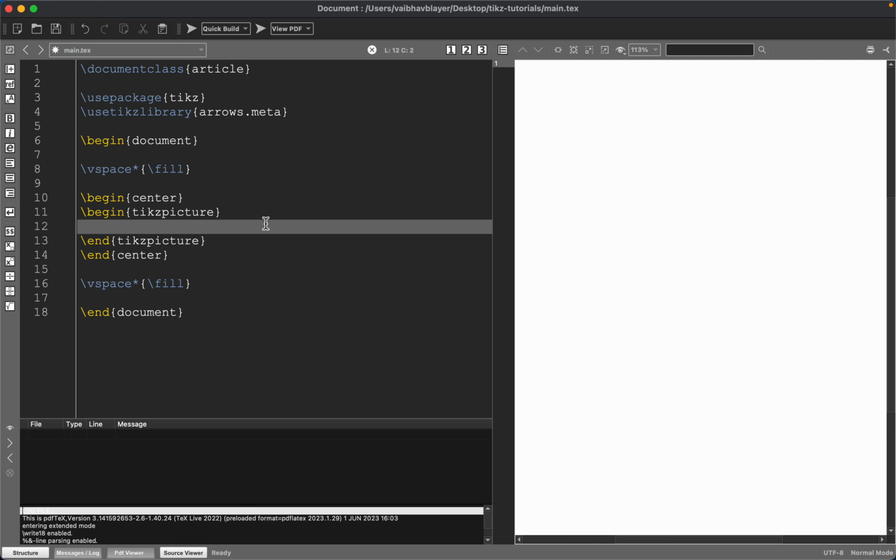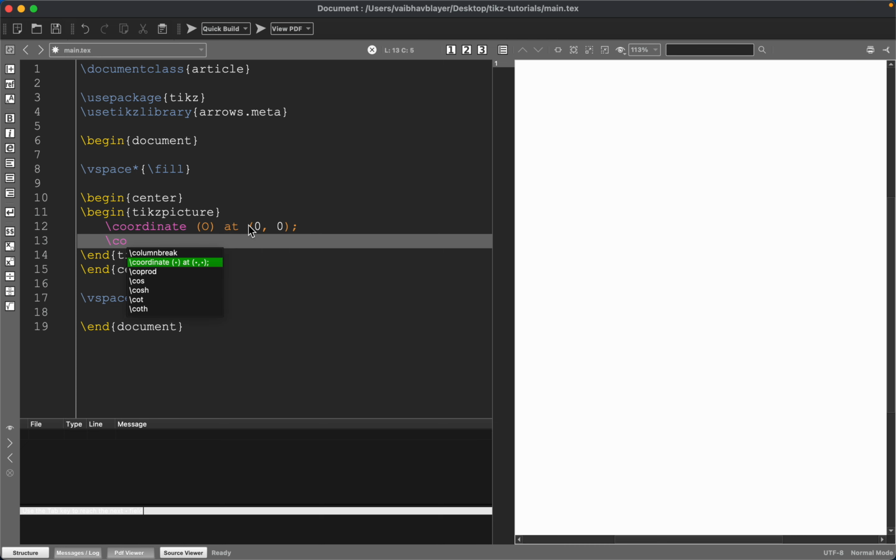So let's move on to the next tutorial. In this tutorial we are going to do some coordinate calculations. So yeah, let's start. Let's firstly define a few coordinates, like O at 0,0, and then another coordinate